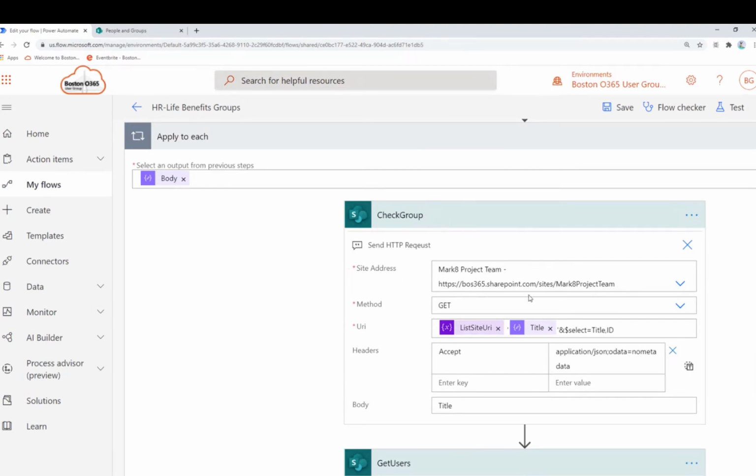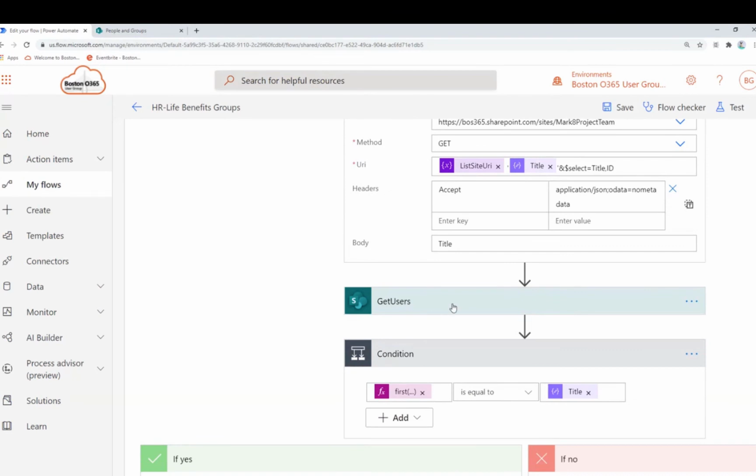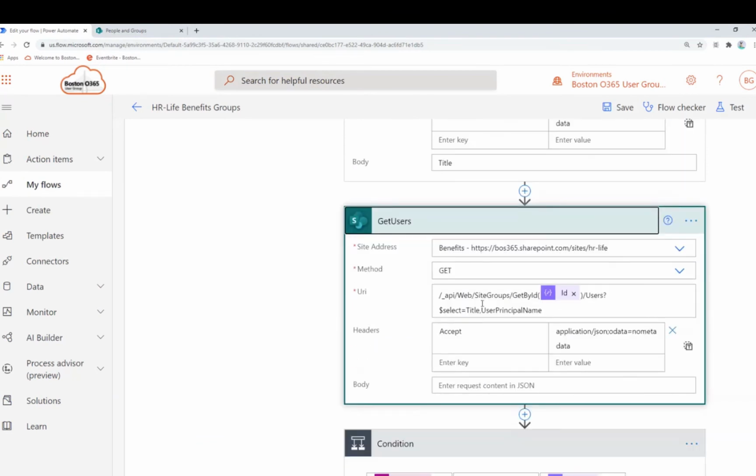Here I check the custom list because I'm on the team site now. I check the list to see if it's available. There's the list item there. Okay, and then this is my get user count. It's probably not in the right order, but I'm going back and getting the count of users from site groups. So I'm going to site groups, looking up an individual group, and getting the count of users.